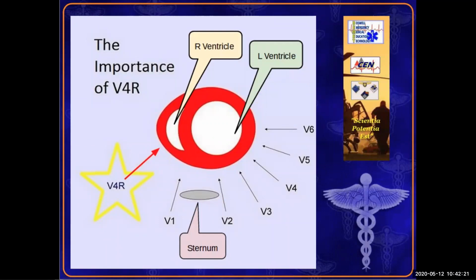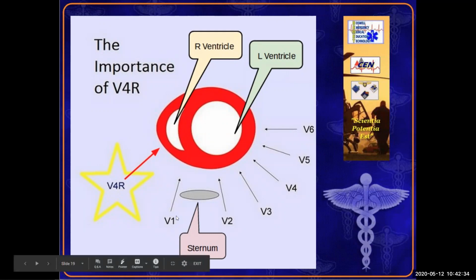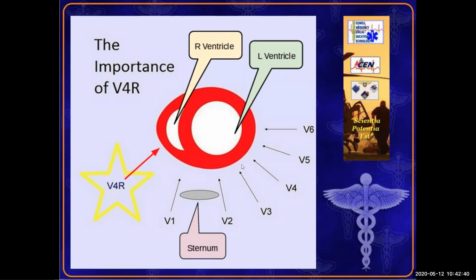And this is why. This picture is showing you a person that we sawed in half, and we took their top half off, and we're looking down towards their feet. You see the breastbone, the sternum, for your frame of reference. These leads would be the normal left side placement of the chest leads, and the arrow shows approximately where they're looking at the heart wall. When we take these leads off and put them on the other side, you now see V4 is the most useful one to look right at that right ventricle. So that's a good test question: V4R or V4 prime, the most specific lead for right side involvement